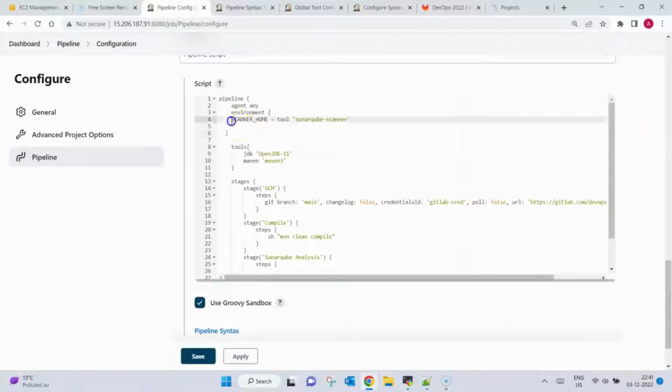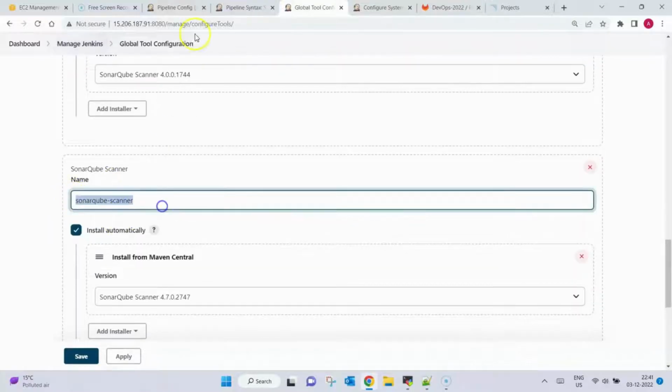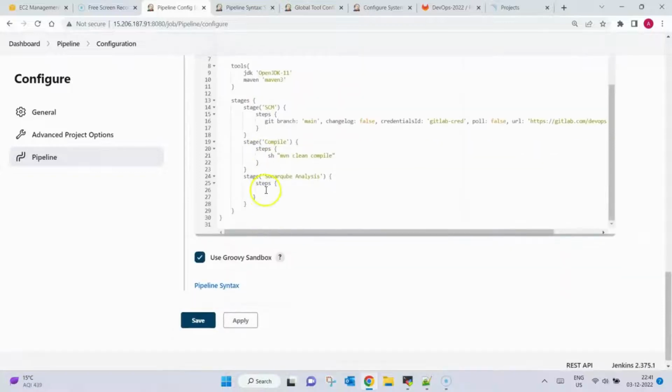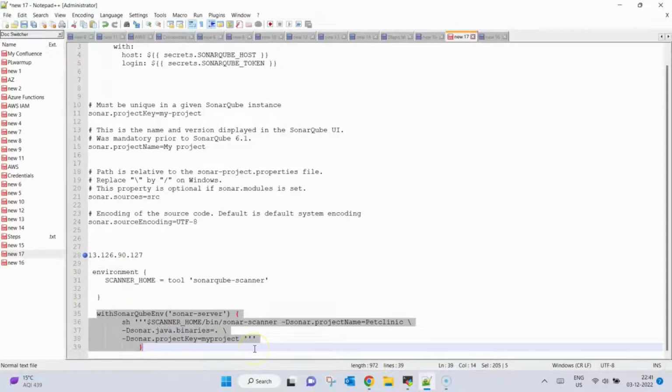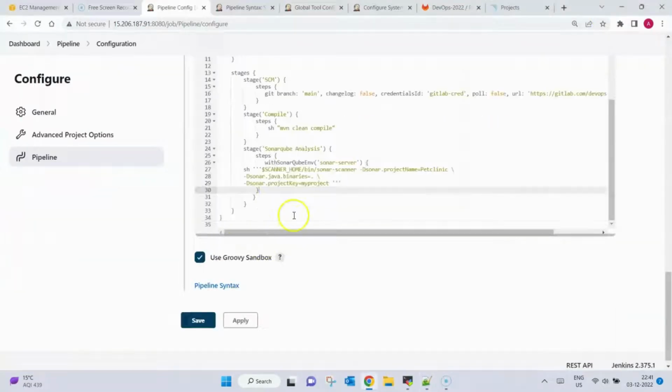So we are providing a variable with the name scanner_home, which basically contains the tool SonarQube scanner, which we have added here, you can see. So the environment variable is defined. Now coming back to the SonarQube analysis, we need to paste this one, and I will tell you what exactly it is. Okay, pasted here,